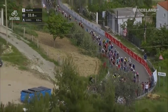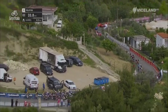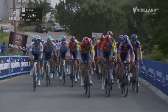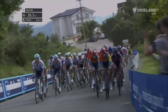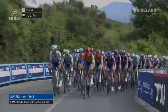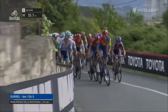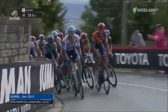They slowed down so much that it allowed Vendrame from Decathlon AG2R to rejoin at the back of the peloton. He might be able to survive this time over the top, but I don't think he's going to survive the second time. Yeah, I think everyone just took note of that corner. There was a drain there as well as a little slip of a wheel, and those riders on the inside, on the left-hand side, really got caught up, like you said, Simon, almost coming to a complete stop. The riders around the outside, they were